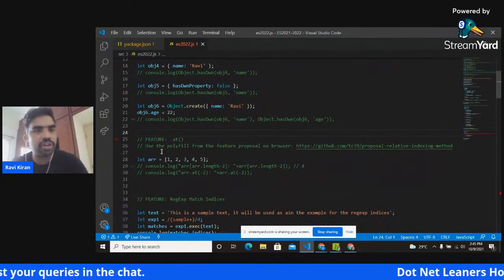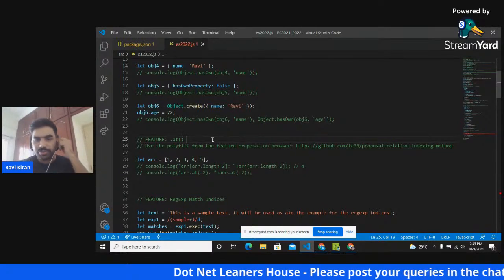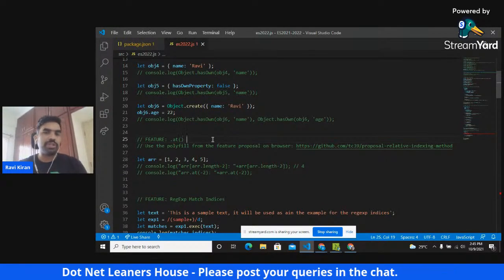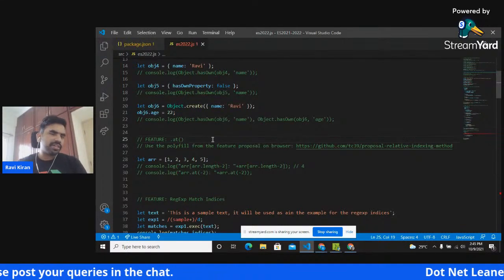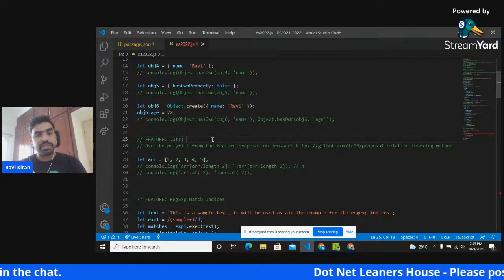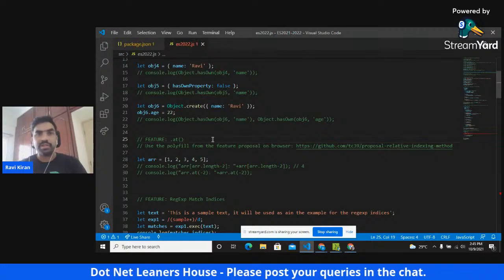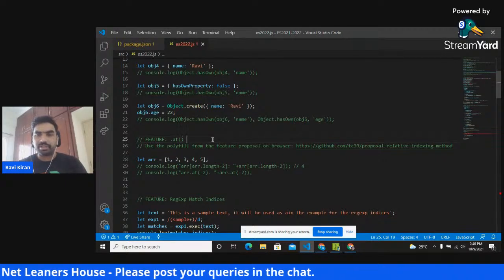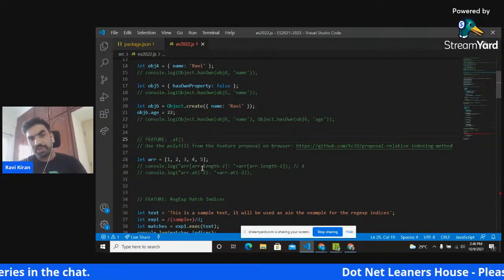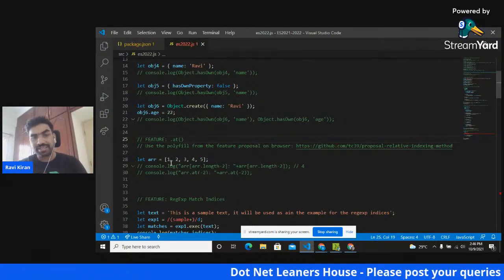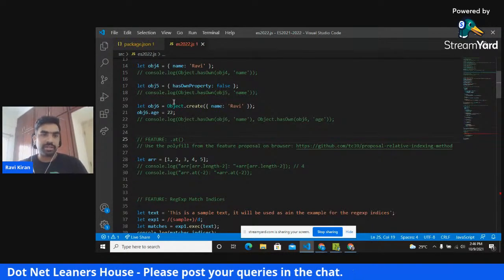The next feature is dot at. In arrays, whenever you access some index, we need to pass only positive indexes, right? You can pass either 0 or any index that is less than the length of the array, but you cannot pass negative indexes. Passing negative indexes exists in other languages like Python, and maybe also in .NET. But it cannot be added to JavaScript because the array accessor that we have in JavaScript is not meant only for arrays.